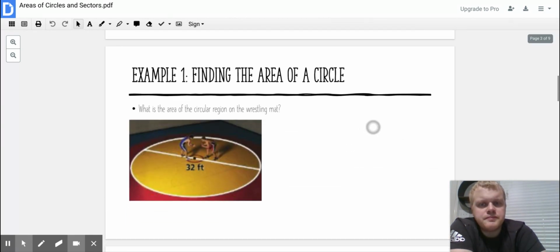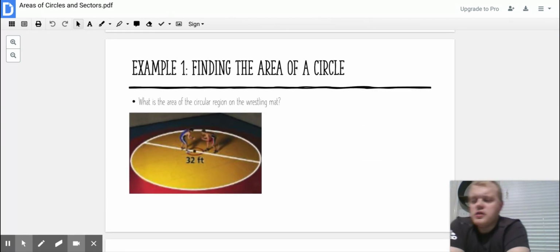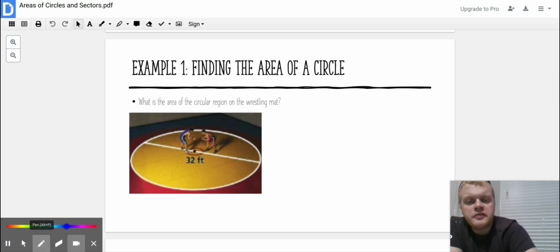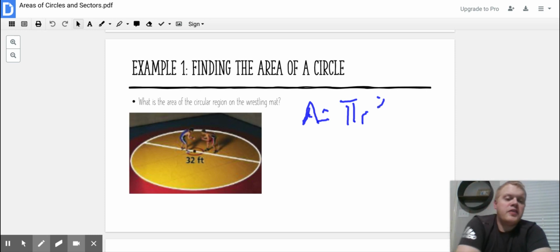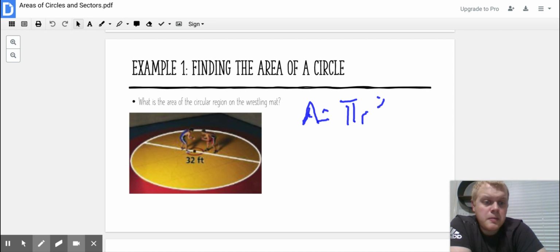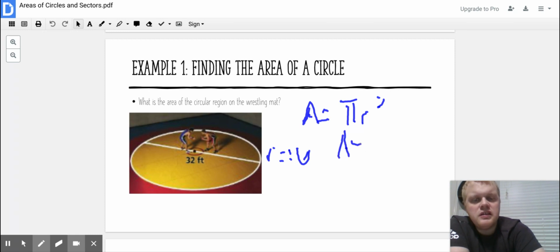All right, example 1. Finding the area of a circle here. So for our problem here, it's asking for area. So if we write down our formula for area of a circle, it's A equals pi r squared. Now, if I think about the circle that's there, I'm looking for radius, and unfortunately, I don't have radius. They gave me the diameter, so I have to go from diameter to radius. So again, if radius is half the diameter, then our radius here should be 16, because 32 divided by 2 is 16. So we have A equals pi 16